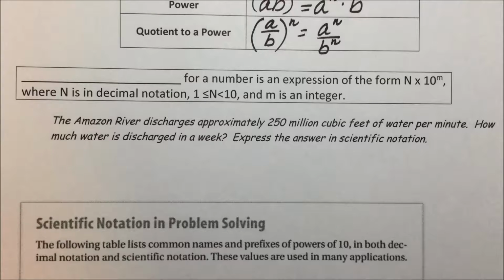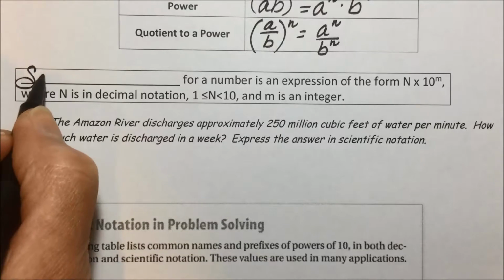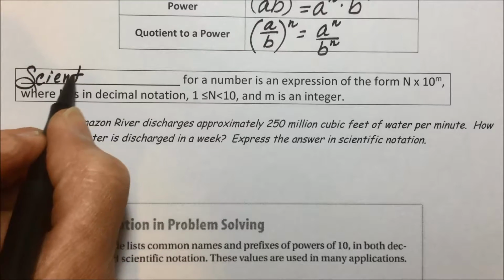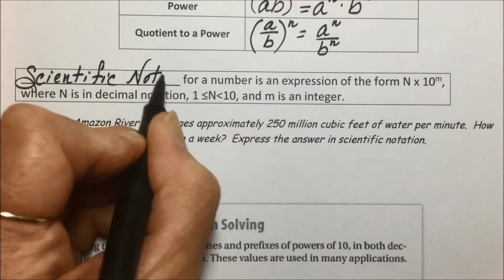Intermediate Algebra Section 1.7. We now study scientific notation, so named because of its usefulness in work with the very large and very small numbers that occur in science. And by definition, scientific notation